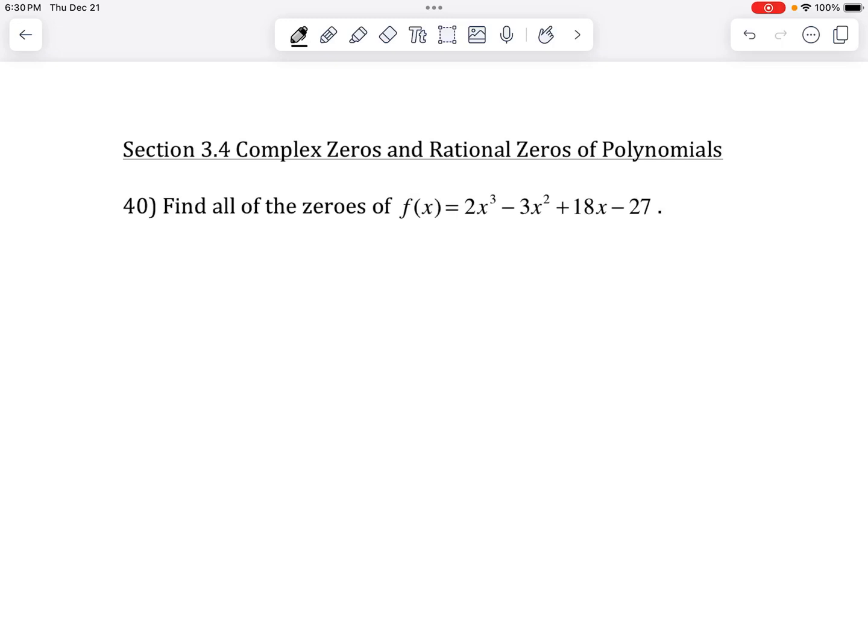Well, this polynomial is degree 3. So that means that there's going to be 3 zeros, or 3 solutions when you set the function equal to 0. So before I start doing the math, I want to take a look at the graph because they might all 3 be real numbers. Perhaps there's only 1 real number and then 2 imaginary numbers. And so I'll move over to the graphing calculator